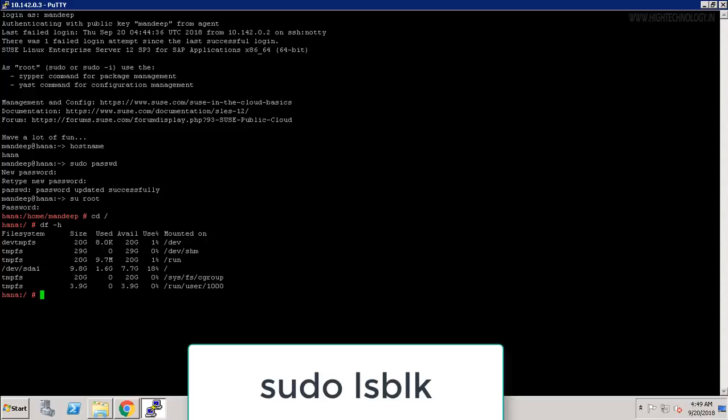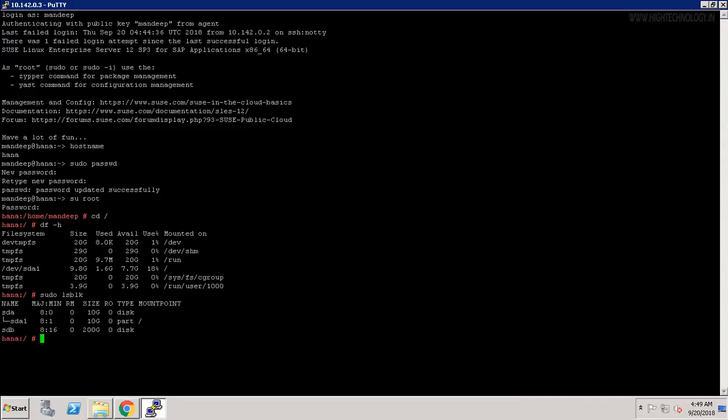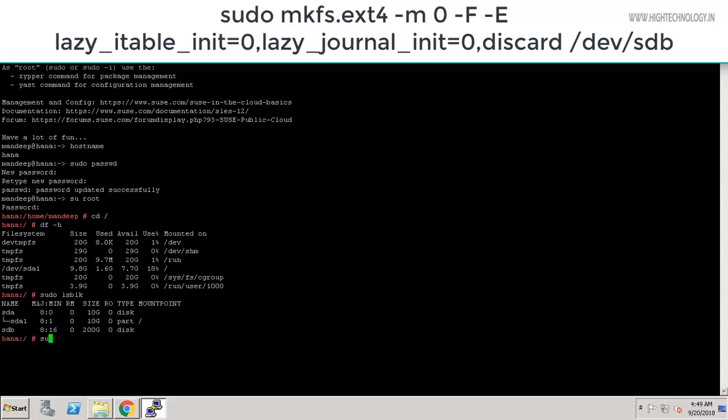Okay, so the first command is sudo lsblk. Hit enter, and here you can see that we have a device type SDB with name SDB and of 200 GB. So right now, as you can see, the mount point is not mentioned here. So let's do it. So first of all, we have to use the command sudo